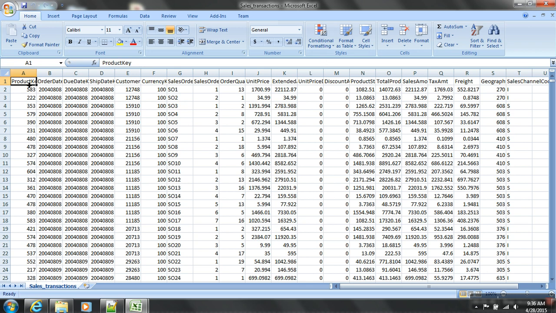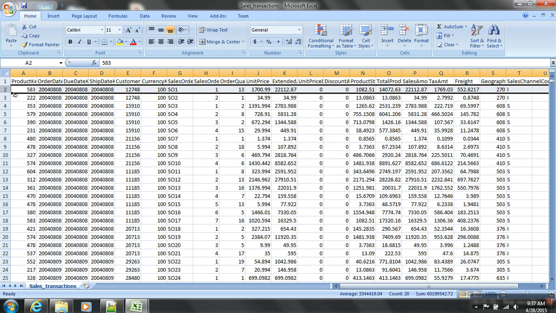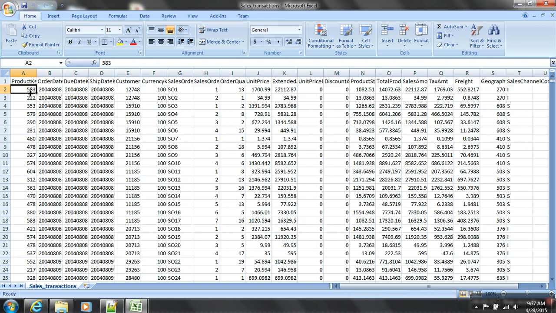What is here? I've got a column called product key, which tells me the number of the product. Let's say 583 is one product. Each record indicates one sales order for me. One order. There are around 2 lakh sales orders. Sales order means what we've sold. For every sale we do, they are recording this transaction. Each record indicates one sale transaction. When it's a product here, they're indicating which product was involved in this order. Which product did they sell? That's the meaning in it.